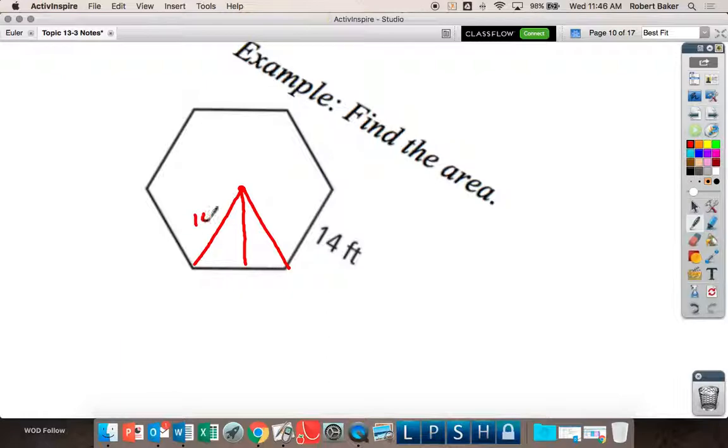Oh, 7. Oh, okay, got it. It creates that equilateral triangle because all these central angles are 60 degrees, so it's a 60, 60, 60 triangle. So it does create a 30, 60, 90 and a 30, 60, 90, which is 60, 60, 60. So you know that this length right here is the same length as each radius. The only good thing about that is,